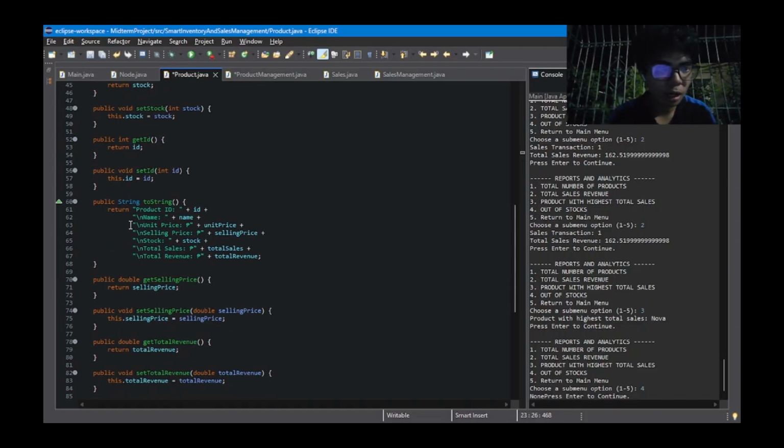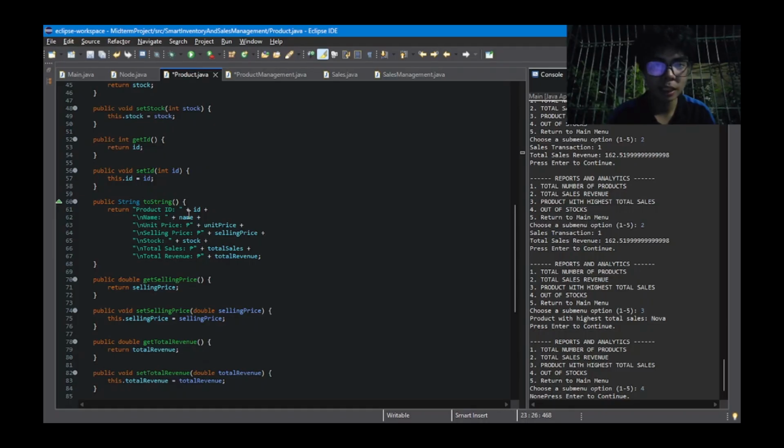Then we also use a method called public String toString. This basically just returns the information of each of the variables, for example the product ID, the name, and also two different prices, which are the unit price and the selling price. The purpose of this is so that we can correctly get the sales and revenue.